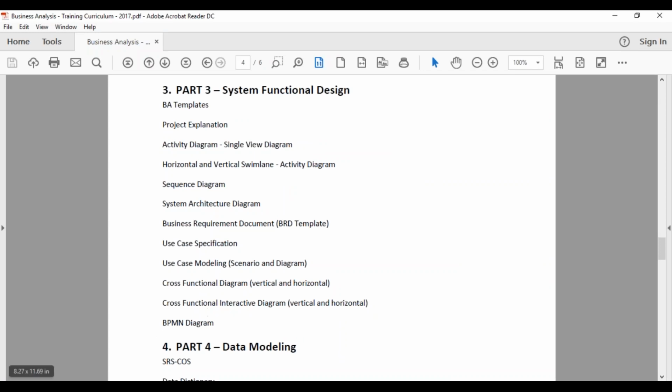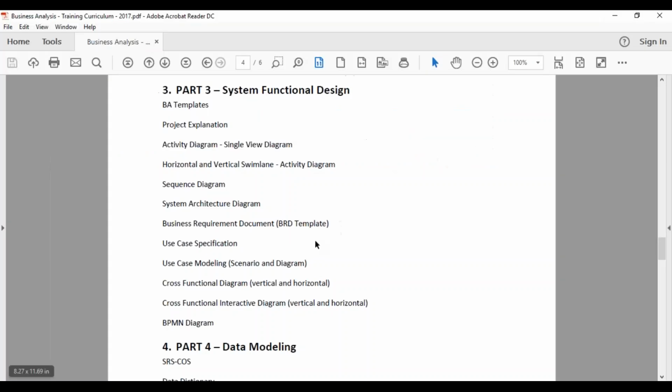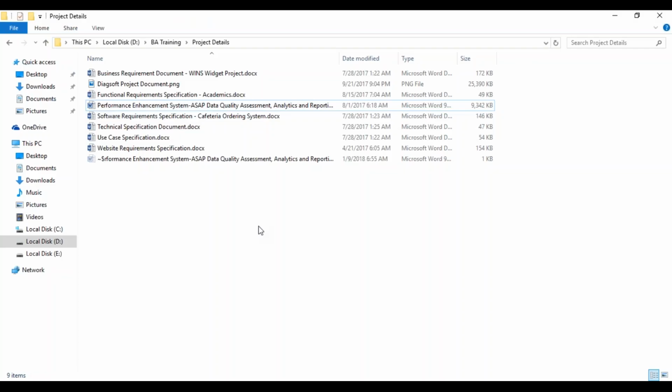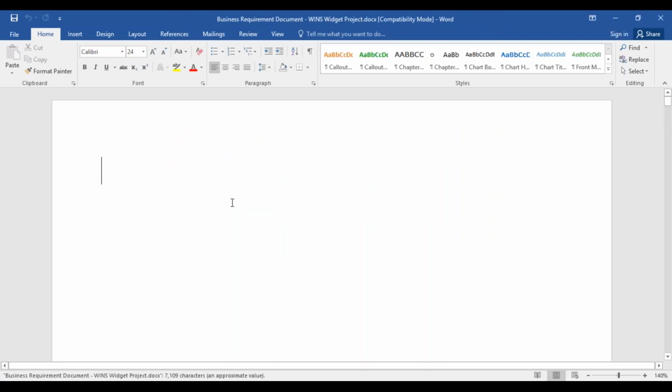Where will the cross-functional diagram and BPMN diagram be used? These diagrams are mainly used to define the present system, proposed system, present process and proposed process. You can use this even in a smaller project, medium-sized project or bigger-sized project. Example of these diagrams can be found in the bigger-sized project